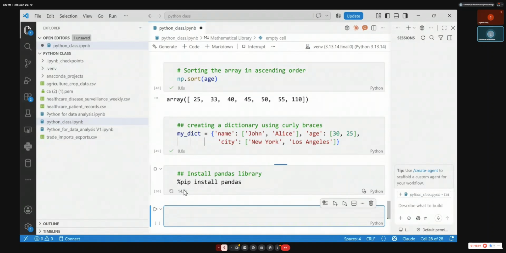We have something which is a JSON file, or not structured, and we need to make it a table so that we can do average, sorting, minimum, and so on and so forth. Try to install pandas.